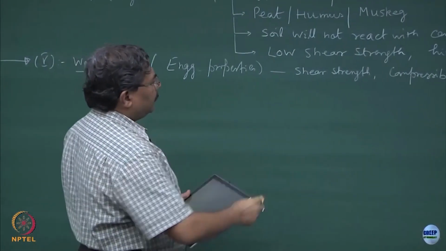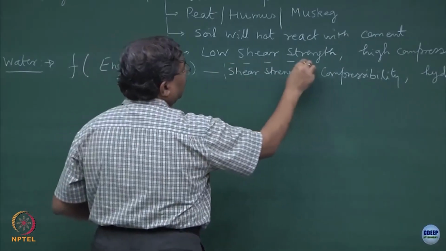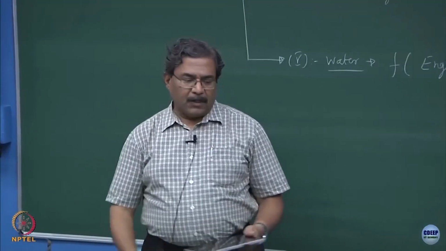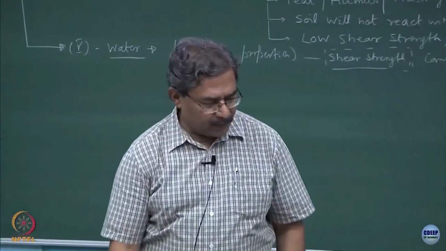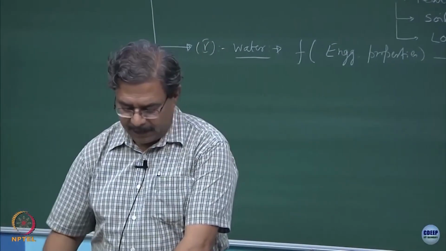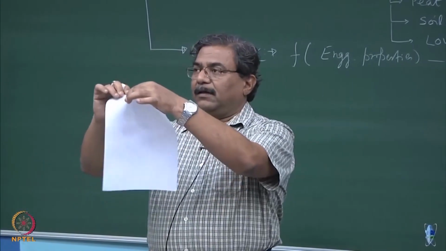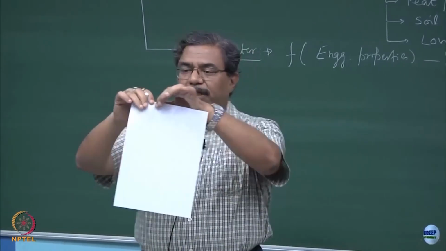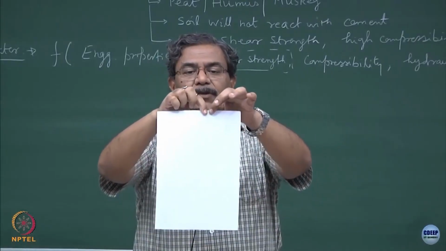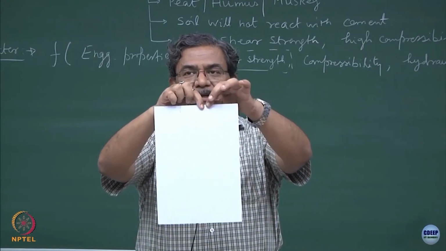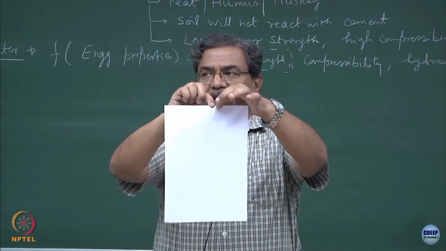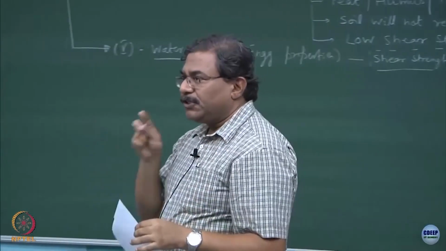Here, shear strength is basically the strength of the soil mass once it gets sheared. So, suppose I take a piece of paper, alright, and normally the word you use is tear. Look at the motion of my hands, the motion of the hands is in opposite directions, clear, one, and this is on the other side. It is a tearing process, but tearing itself is initiated because of the shearing at a plane.